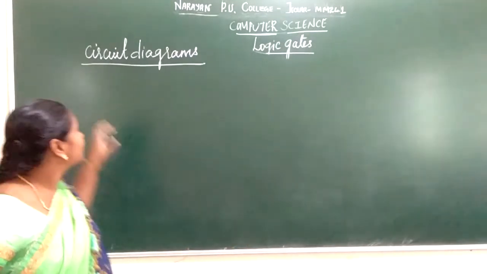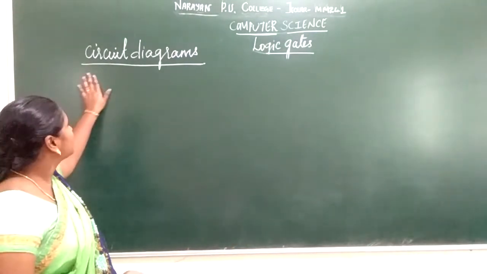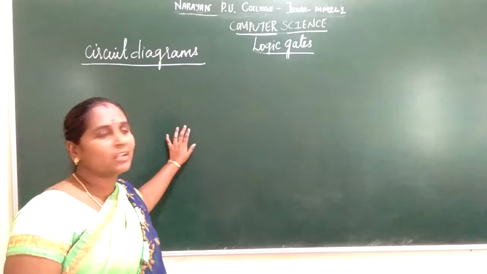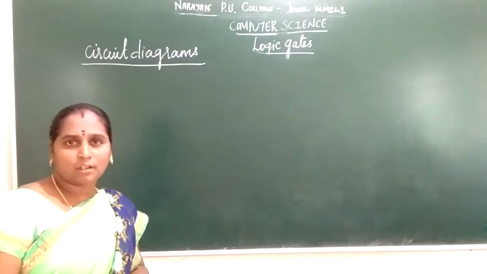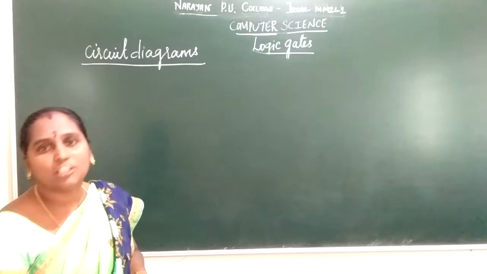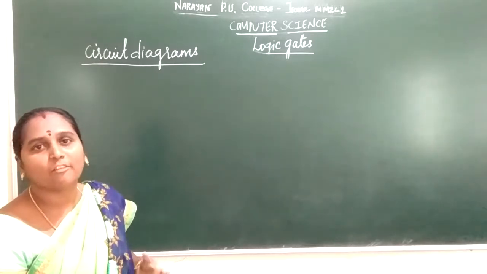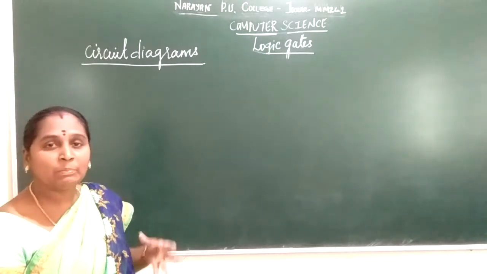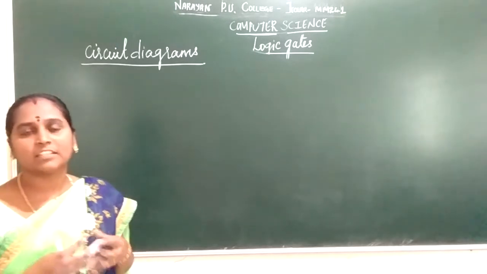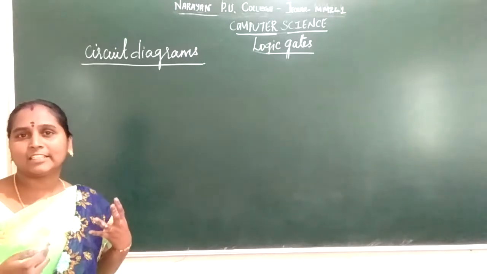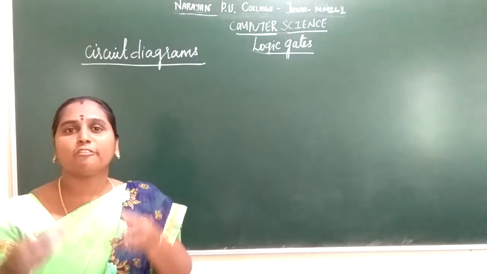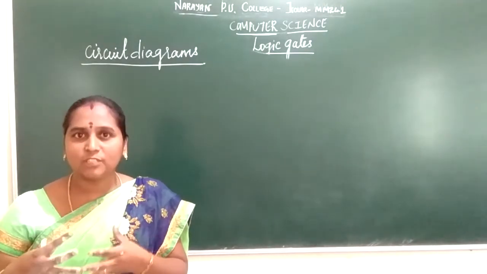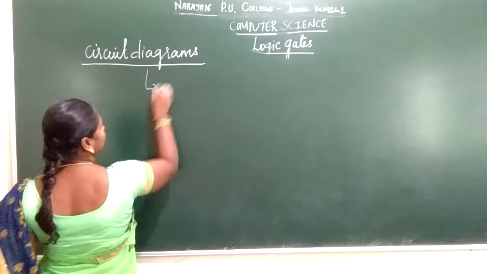So the next topic is nothing but your circuit diagrams. The Boolean algebra, what can you say about a circuit diagram or logic circuit? It tells that Boolean algebra, unless it is implemented in your hardware in the form of gates, is only theoretical. Once you implement it in the form of hardware, that is nothing but logic gates. That is a conversion or translation of Boolean algebra in the form of gates, we call it the logic circuit.